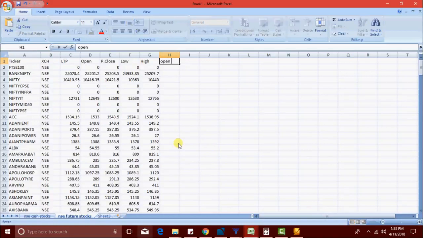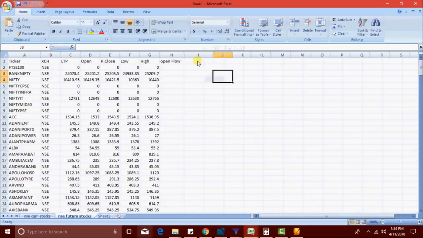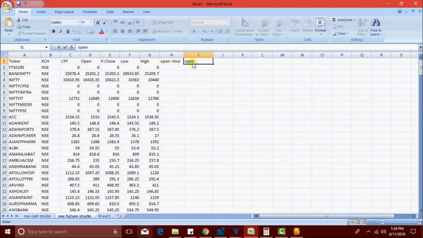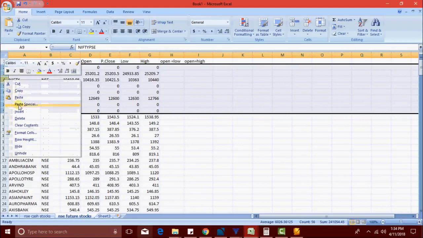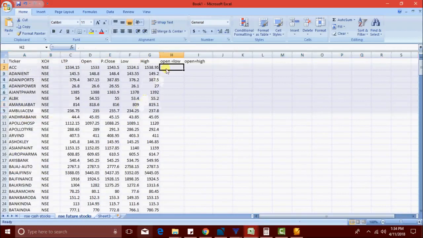Now we are going to make open equal to low and open equal to high for NSE future stocks. In the first tab, open equal to low; in the second tab, I am going to type open equal to high. I don't want these extra columns, I'll just delete them.